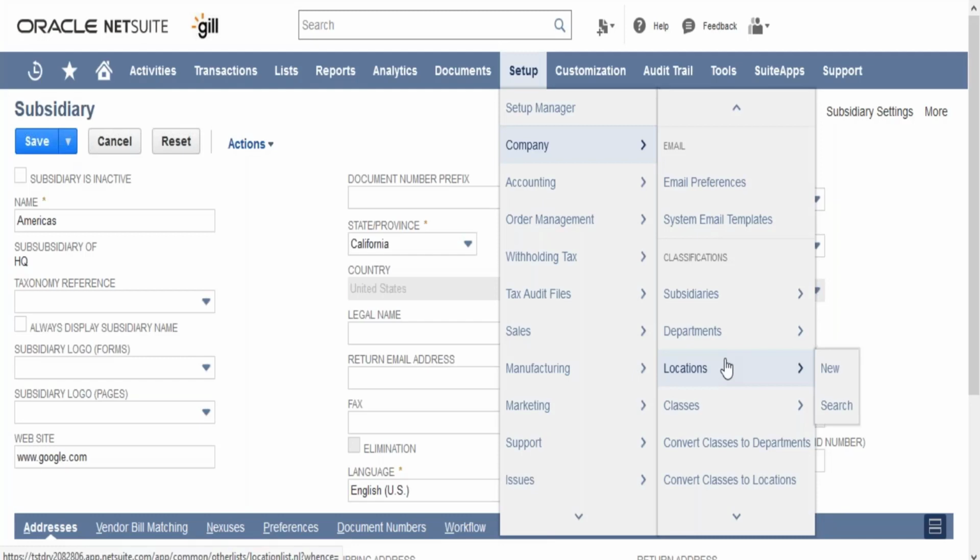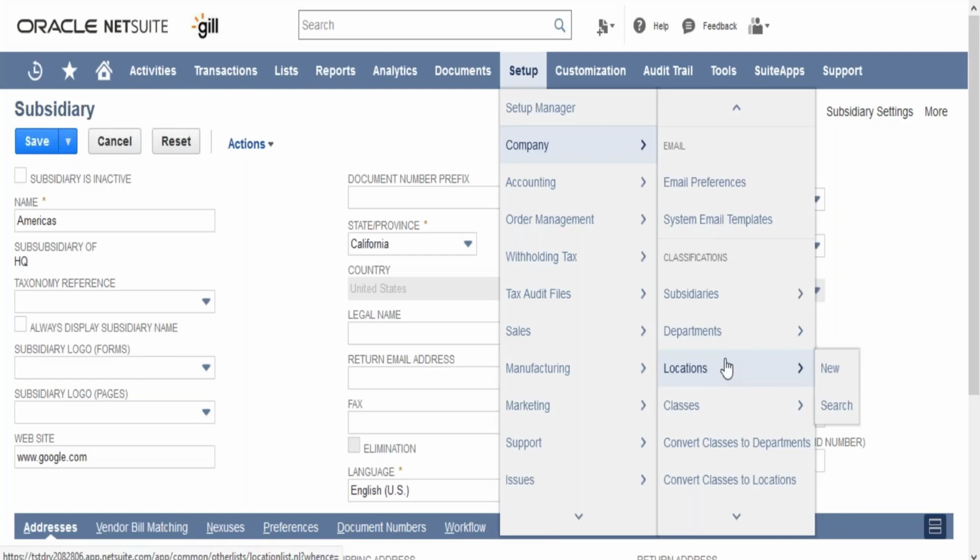Okay, so as we took an example, Tata Motors has its office or branch in Pune, and Tata Tea also has its own branch or office in Pune. So we'll not be creating only one branch as Pune. We'll have to create two, one under Tata Motors and one under Tata Tea. So a location is always restricted to a subsidiary. Location cannot be shared between multiple subsidiaries. Is that fine?